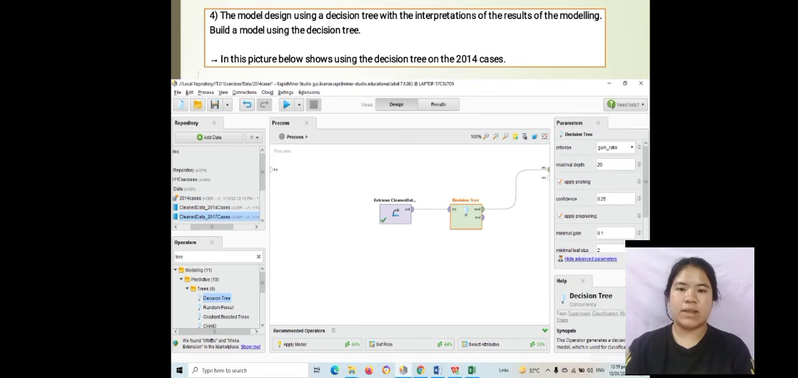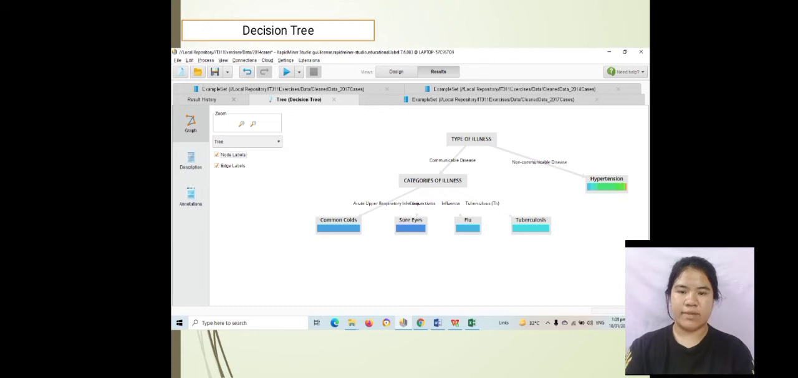The model design using the decision tree with the interpretations of the results of the modeling. Build a model using the decision tree. This picture below shows the decision tree on the 2014 cases. Decision tree. The picture below is the decision tree on 2014 cases, and it shows